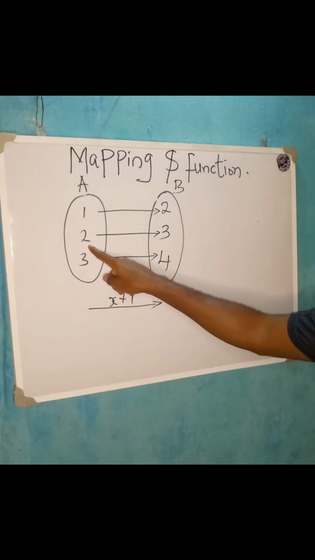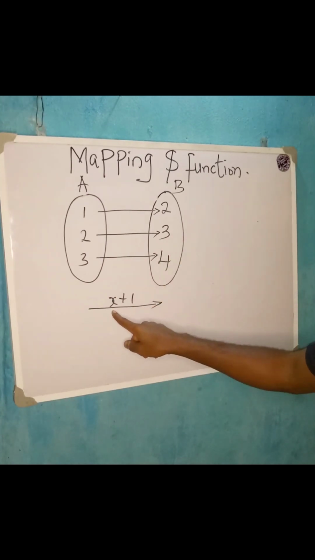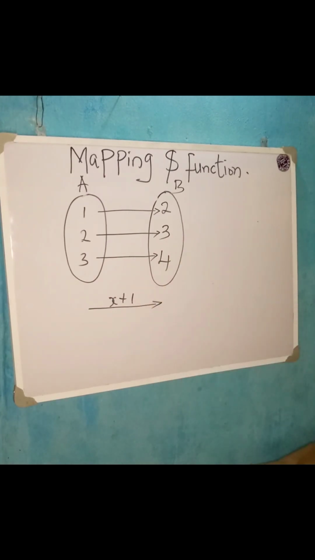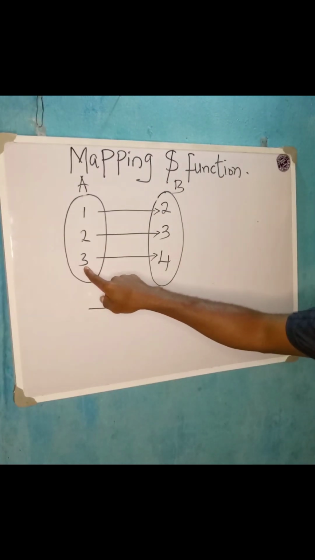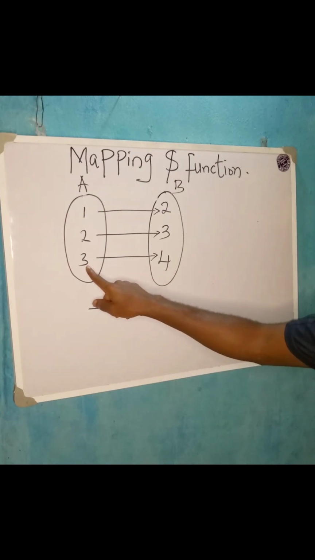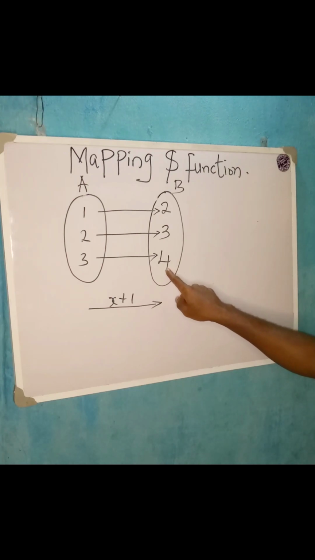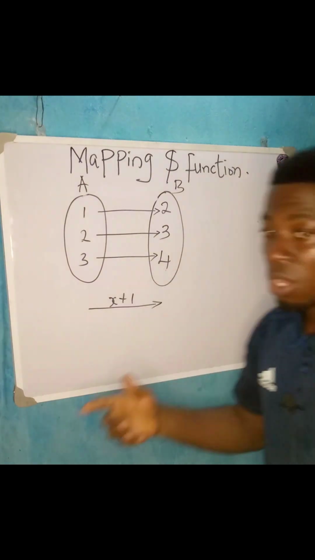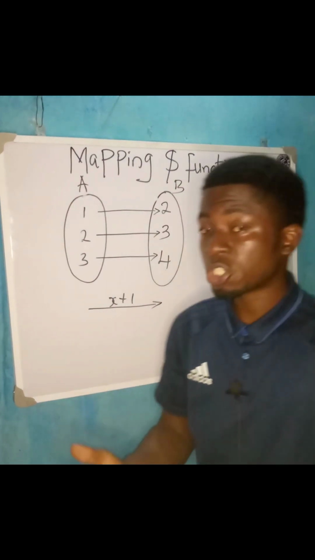Then if you have 2 to give us this 3 as the image, then it's going to be 2 plus 1 to give us this image 3. Then if you have the element 3 to give us the image 4, then it's going to be 3 plus 1 to give us 4 as the image. So this is all about mapping and function for this